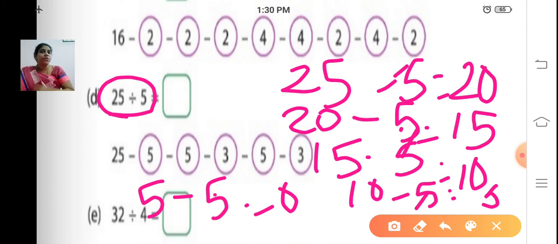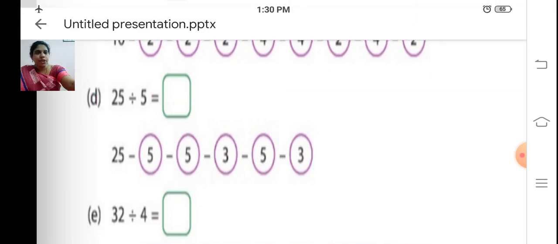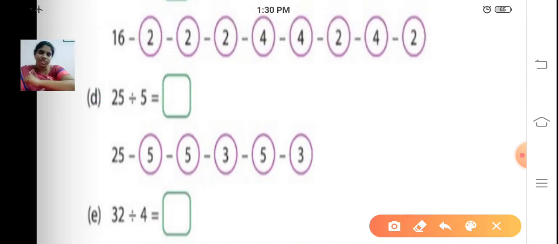So that we are going to write. What mistake is there in the sum? That also we have to correct, right? So now no need to do all these things. We will do it later. Just for your reference I am doing this. So now what correction is there in this sum? Tell me. What mistake is there?